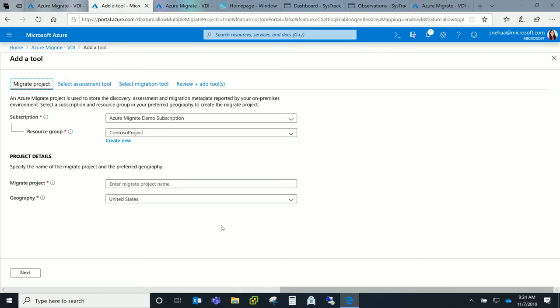When you come here for the first time, you need to click on Assess Virtual Desktop Infrastructure to get started with your assessment. And what this will ask you to do is create a migration project. A migration project is a repository of all the metadata that we discover from your on-prem environment. It is associated with a subscription, a resource group. You need to give it a name, and you need to select a geography where you want to store the